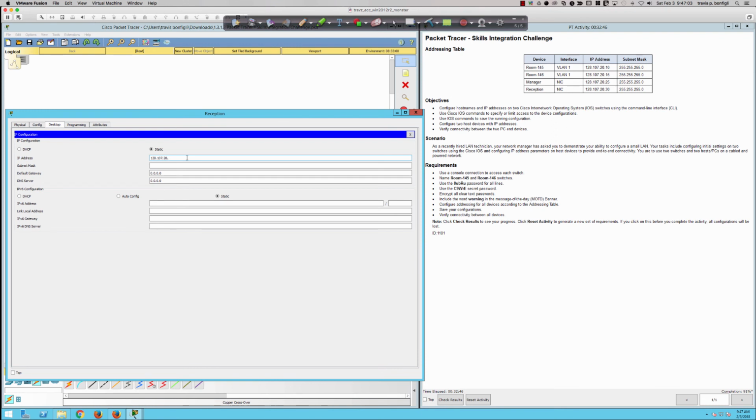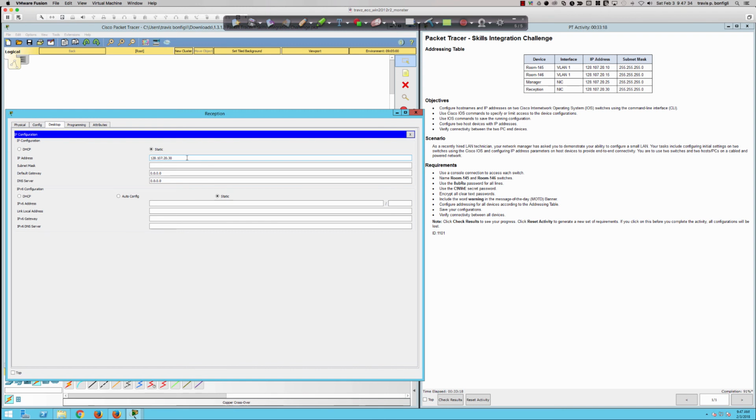So 128.107, do you know what the issue is? So think about it. The reason that that didn't work, if you're paying attention, you're probably screaming at the screen right now saying, wait, Travis, no, go back. You need to fix something. And we're going to do that right here. So again, this is common, right? I look up, I grab the wrong address, I throw the wrong address in here. I'm talking about different things, and so we end up with an error, but that's okay. It's a fortuitous failure because it gives us an opportunity to troubleshoot. The reception PC is actually the